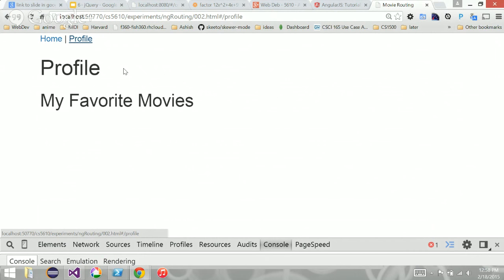My favorites array lives where? In the home controller, right? I don't have access to this. What we could do is put it in a global scope. We could do that, but that in general is considered to be a bad practice. You're littering the global scope. Although we could do that.